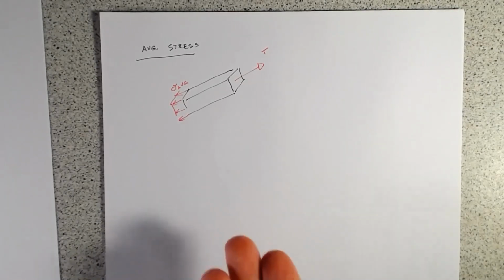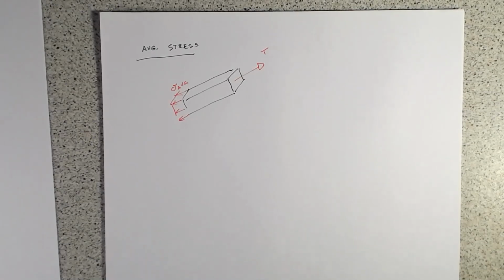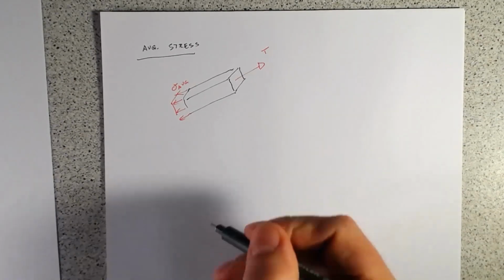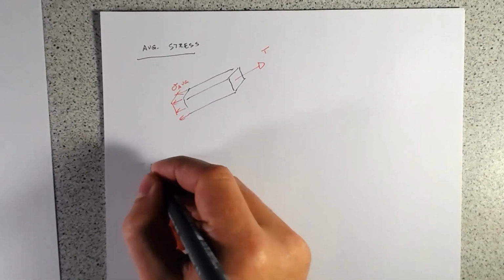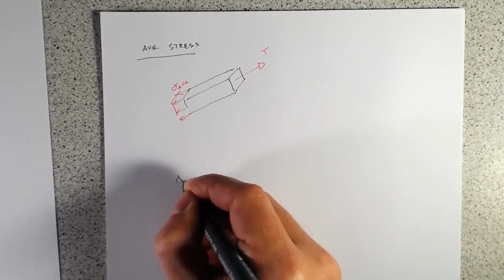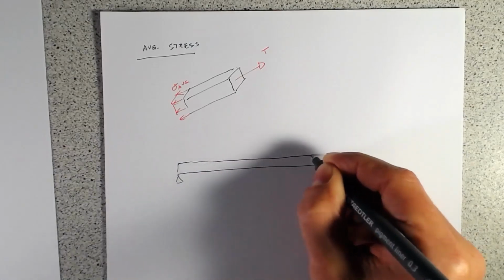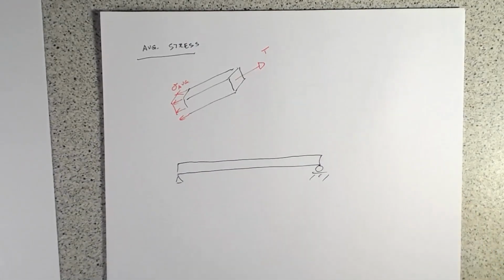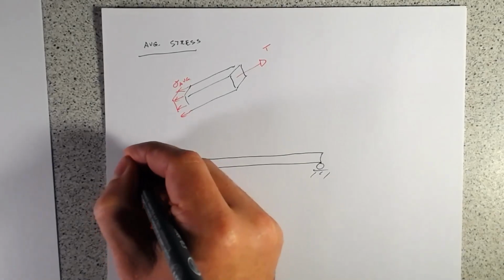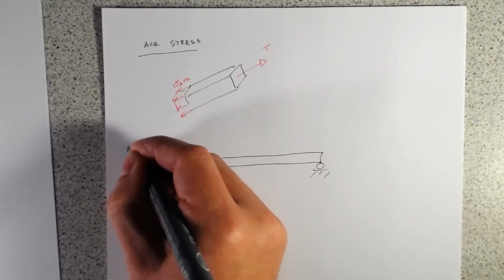So axial stress is one of those cases, particularly when you are towards the middle of the member and you're far away from any stress concentrations. However, there are lots of cases where it's not a good approximation. One really common case where average stress doesn't work is in bending. Even for a very straightforward member, like a simply supported beam here,